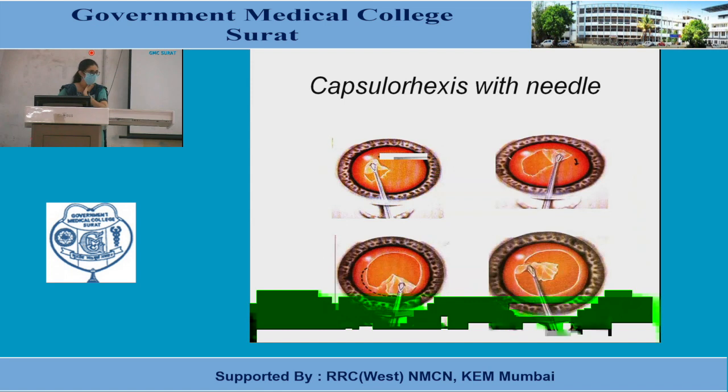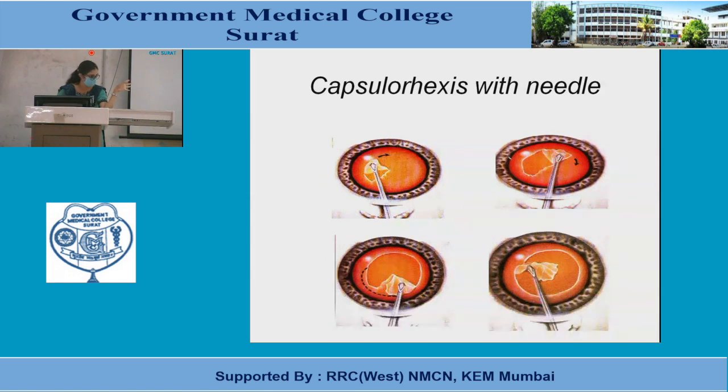Coming to the capsulorhexis with a needle, or it is sometimes done with a forceps. So initially you are making an opening, you are tearing it like a paper. If you are just holding the edge and trying to move it in a continuous direction, keeping the force towards center, you will get a very smooth round opening. So that is your continuous curvilinear capsulorhexis, and you can see how the margins of the rhexis look at the end. So this is a prerequisite for phacoemulsification. You don't require any ragged ends which can come into your phaco probe and result in subluxation of the bag or can result in extension. Otherwise also this gives a very good support for you to place an intraocular lens, right?